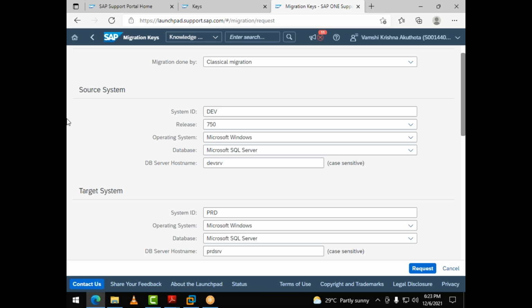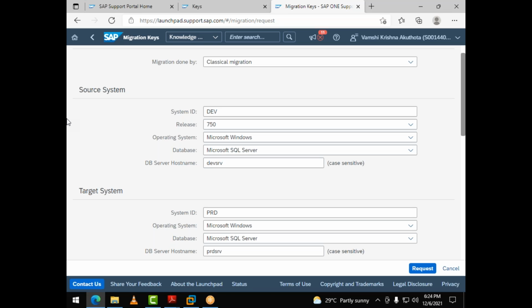Why is this a homogeneous system copy? Because the operating system and database in the source system and target system are the same. There are no changes. That's why it is a homogeneous system copy. Before, some people told it as OS migration, database migration like that.